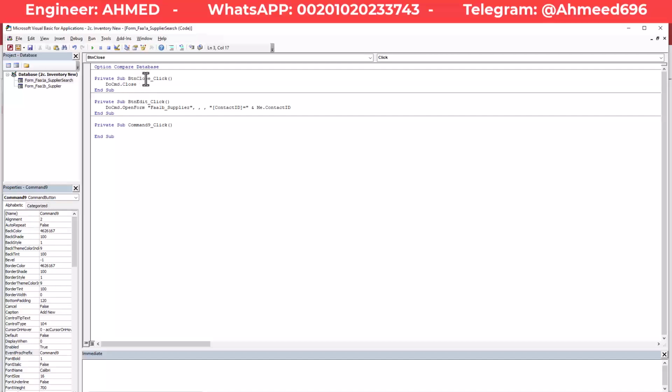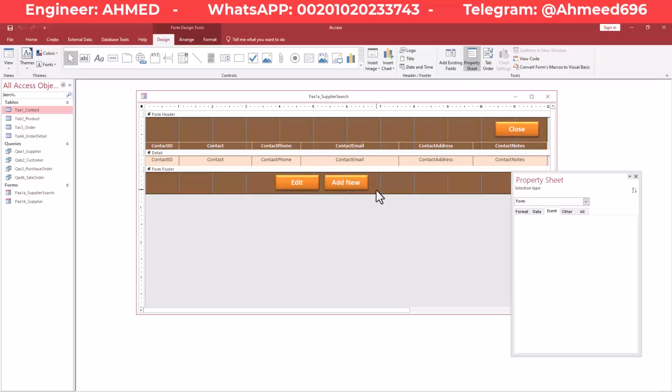This is button close, closing button for the form edit. This is editing records. So the other one should be edited to. Let's go back. This button is add new. I will go here for other and change its name. It would be button add new. Okay,